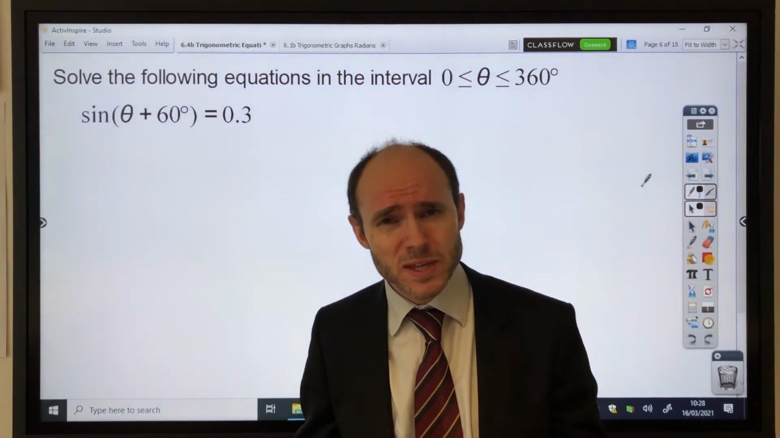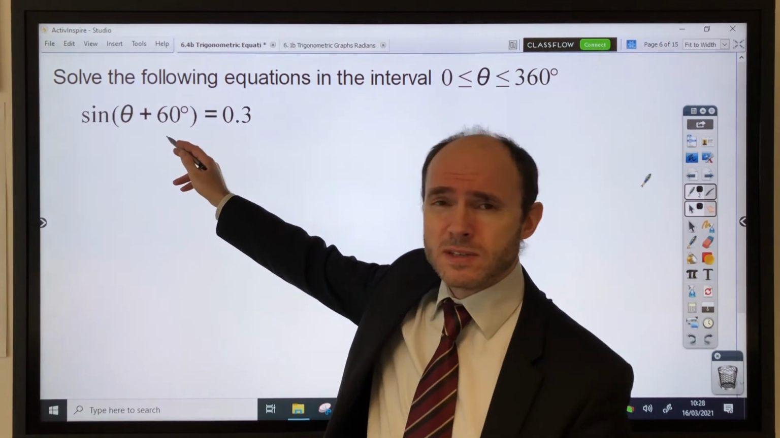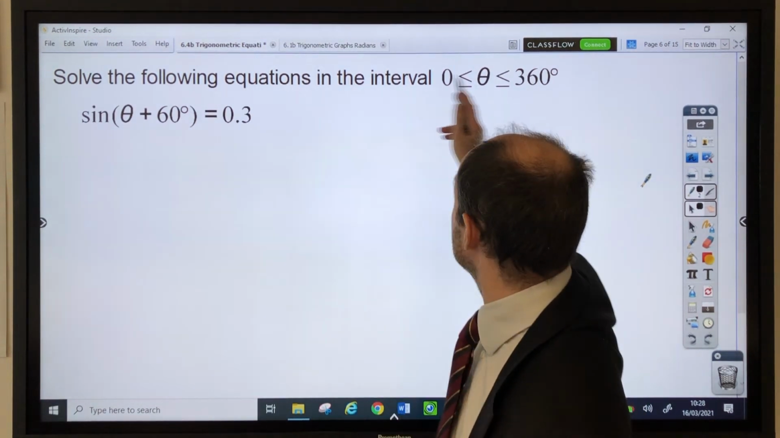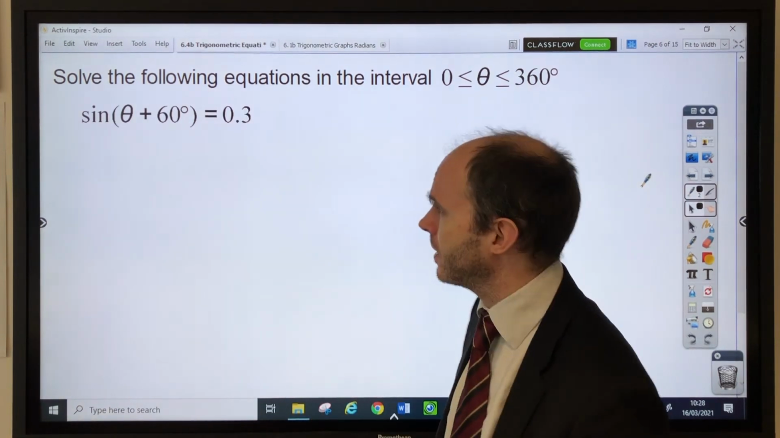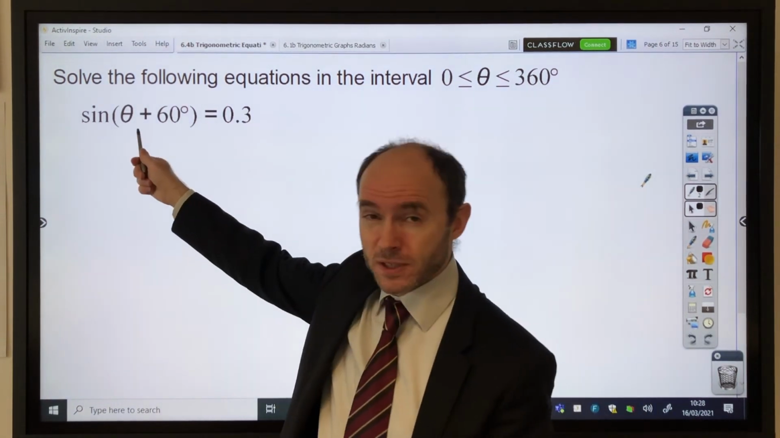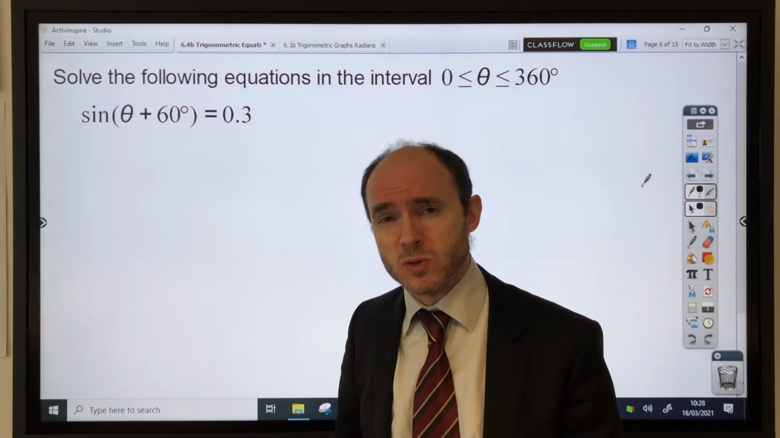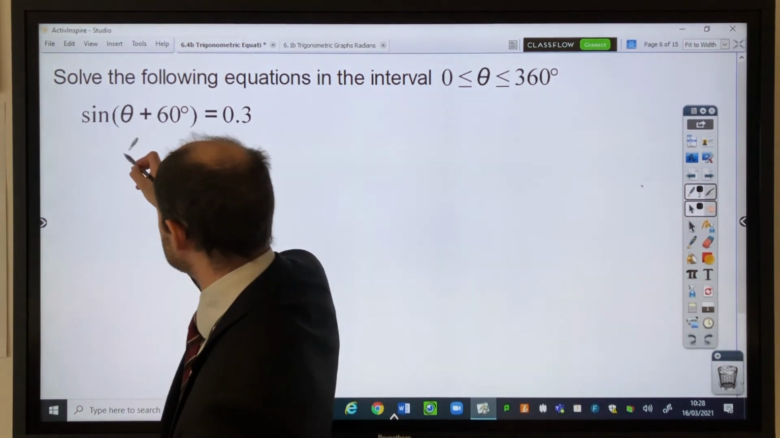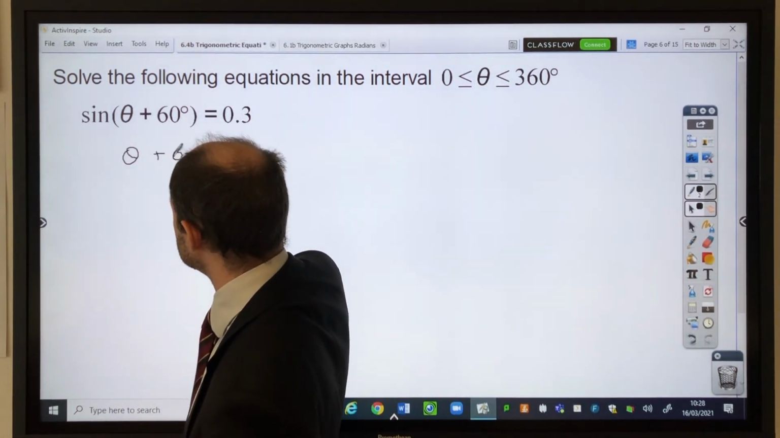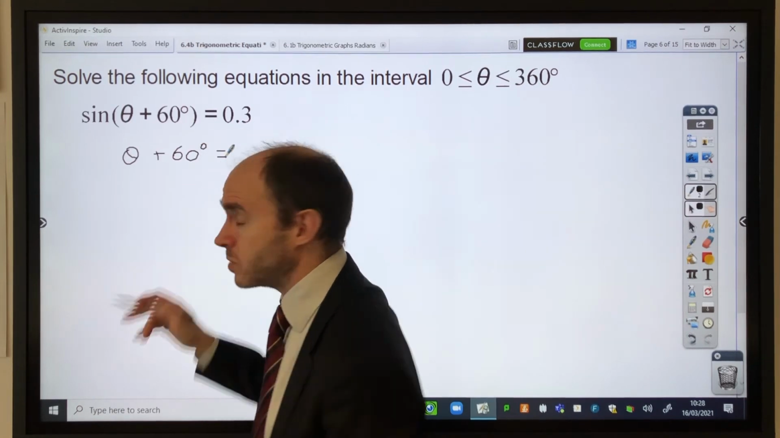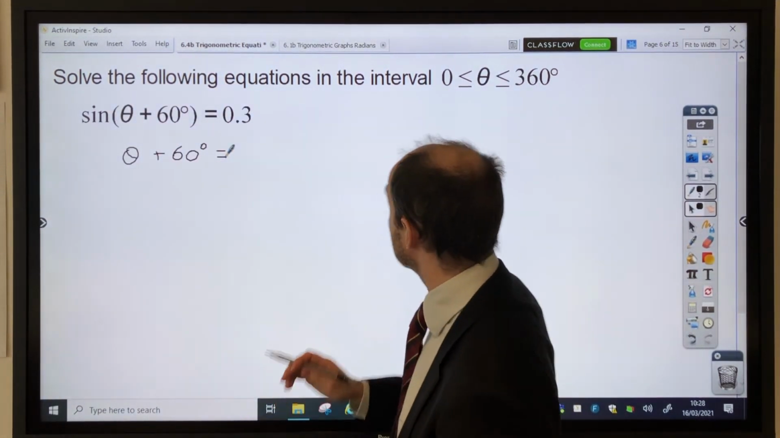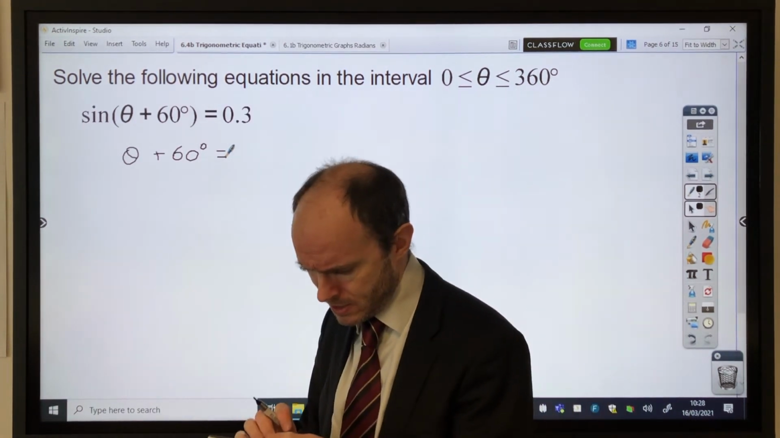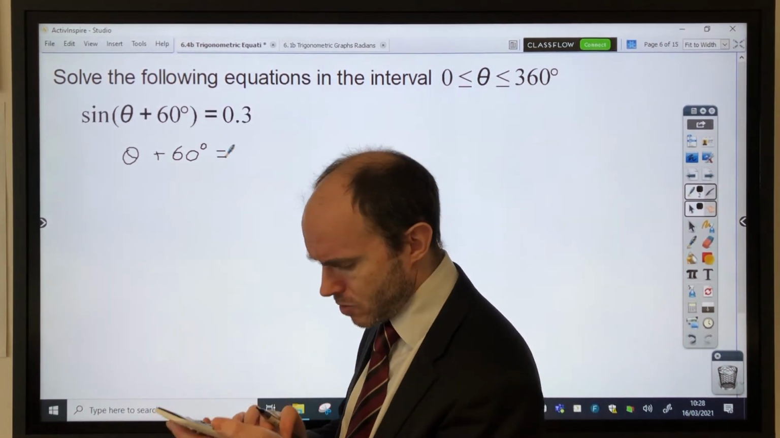So, next example then. Sine of theta plus 60 degrees is equal to 0.3. Solve it in this interval. Maybe you pause, have a go, then unpause it, see how you get on. Now this one, because it's sine of something equals 0.3, the first thing to do is the inverse sine. So inverse sine both sides, you're left with theta plus 60 degrees, and we just work out what the inverse sine of 0.3 is. So check your calculator is in degrees mode for this one. So inverse sine 0.3,